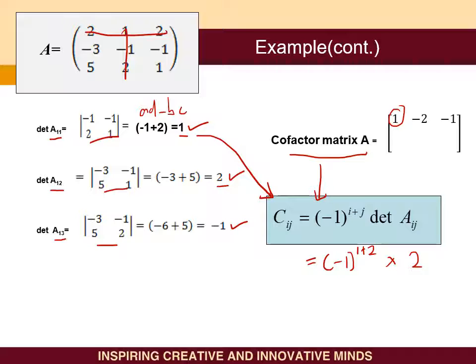So negative 1 power of 3 is equal to negative 1 multiply 2. It will be negative 2. So this number you put inside here. Okay, and then the last one,